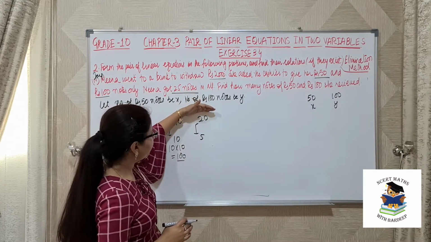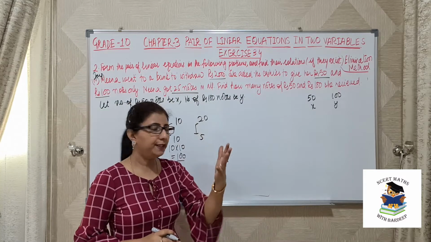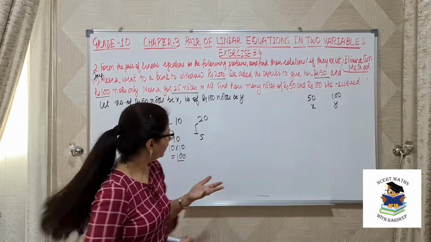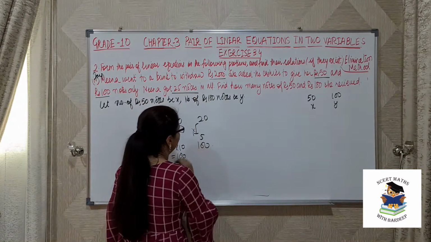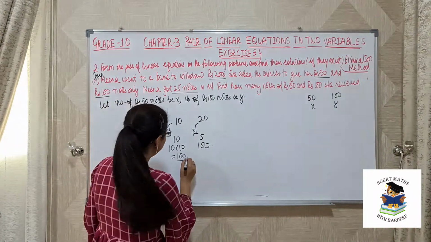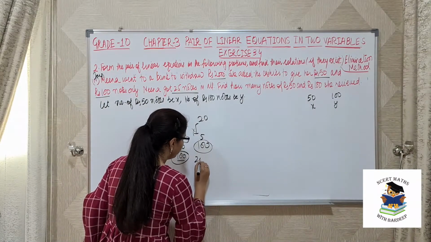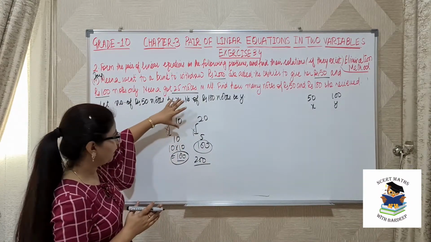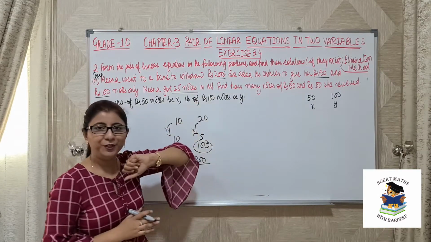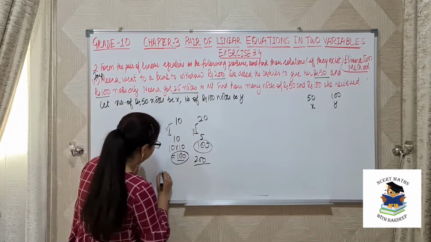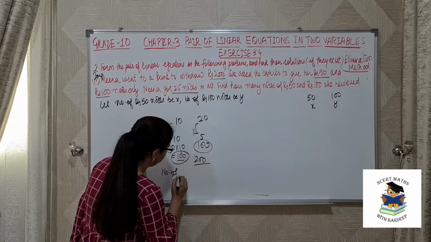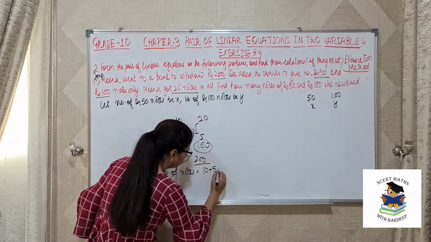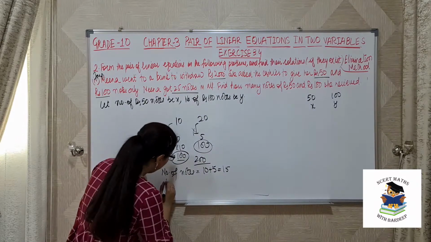And again 20 rupees note I have 5. So each note is of 20 rupees. So total I have 5 notes. So 20 into 5 is again 100. So what is the total amount I am having? That is 100 plus 100. So this is 200. But what are the number of notes? I have 10 as 10 rupees note and 5 of 20 rupees note. So number of notes I am having, so this is the basic thing in this question. So number of notes is this 10 plus 5, that is 15. But amount is